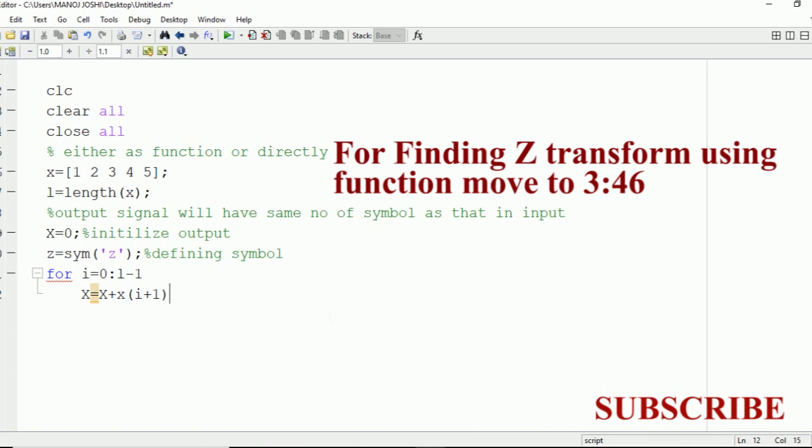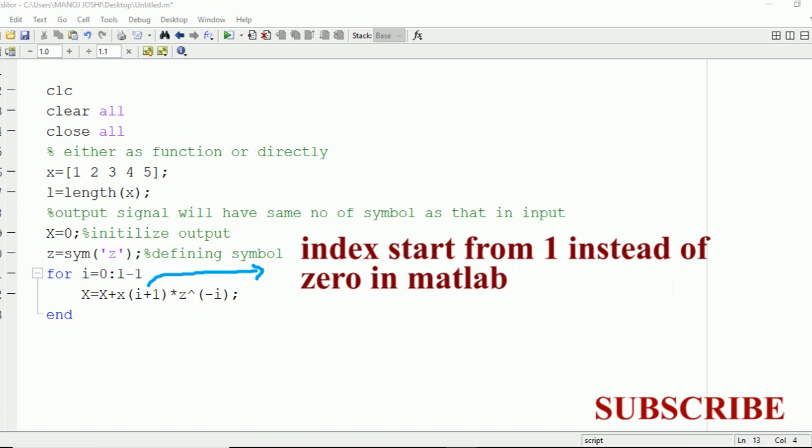So X equal to X plus small x of i plus 1 times z to the power minus i. If we closely look at it, we have i plus 1 instead of i. This is because the index of the signal in MATLAB starts from 1 instead of 0. That's why it is i plus 1.